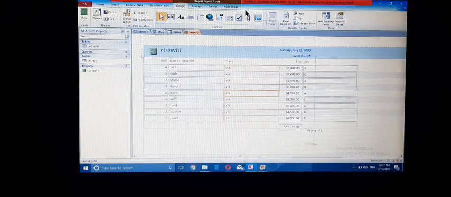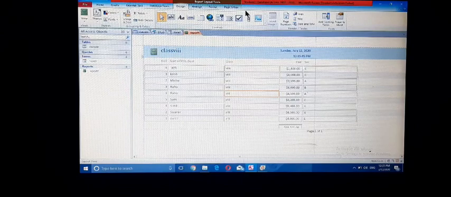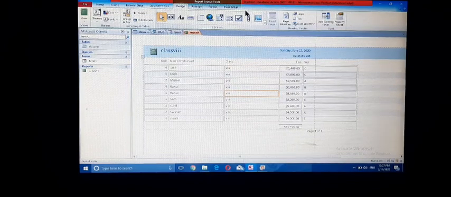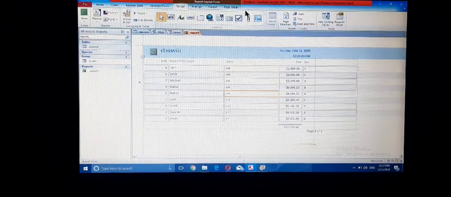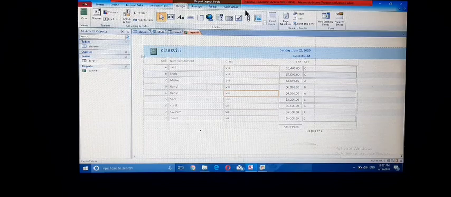Next, we learned how to create a form, how to enter a new record into the table using a form, how to view records in a table using a form, how to save a form. And finally, we learned about the report, what is a report, how to create a report, how to save a report, etc. So it's all about your MS Access chapters.